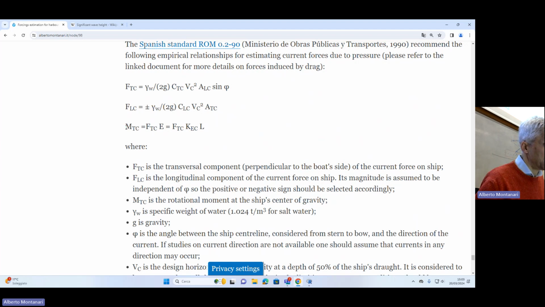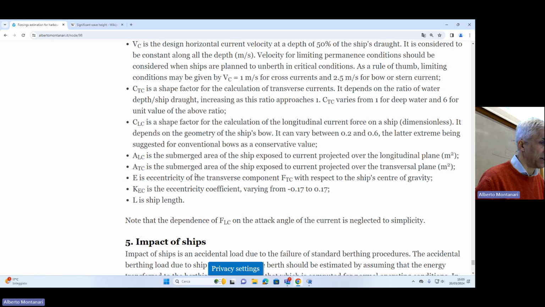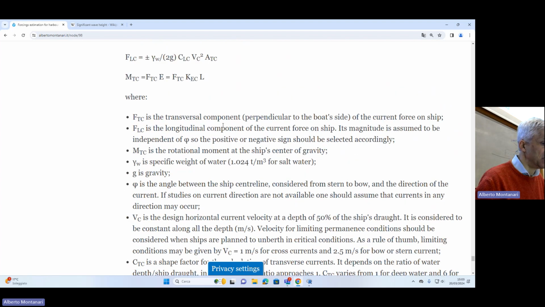And then there is the rotation, the moment. Again, we consider only the component due to FTC, the forcing in the transversal direction, because the other component is negligible. And basically, we take the component along the transversal direction and we multiply it by the eccentricity, where L is the ship length, and the KEC is